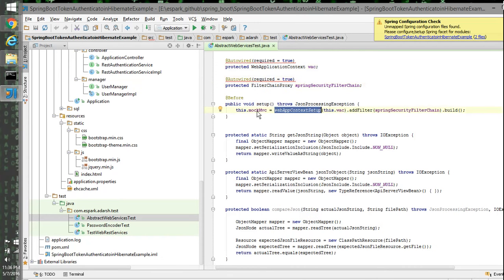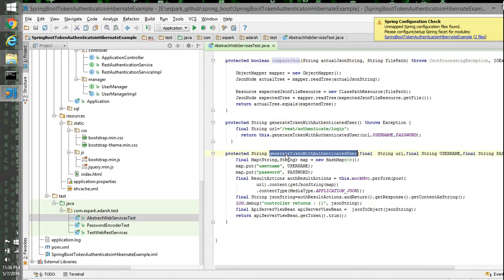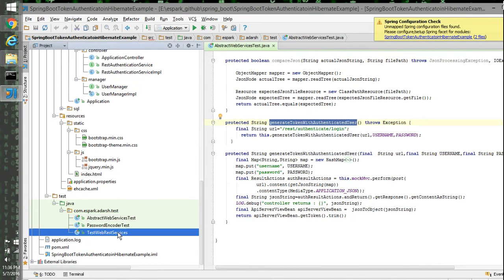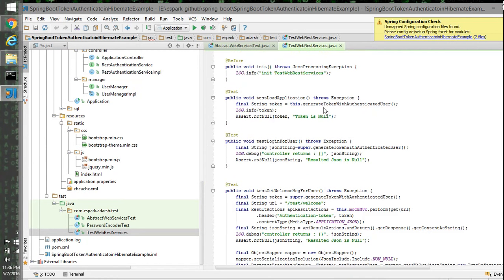Then it will set up the environment and get the mock object, and then there are a bunch of methods like JSON, converting string to JSON, JSON to object, and all this. Some util methods I have created, like generate token with authentication user. So this is our test case, where we are going to generate a token for an authenticated user, and we'll get the token here. And then test login for the user, where we'll say super